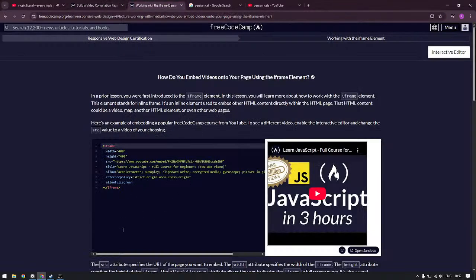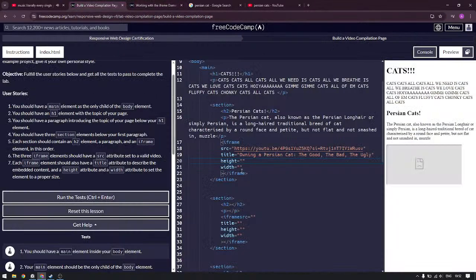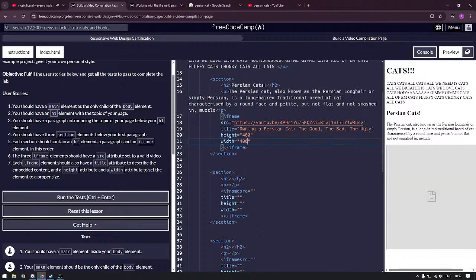What was the width for this? 400, 400. Okay, let's do 400, 400. So once done,